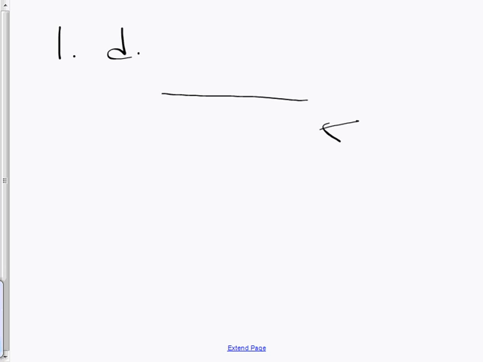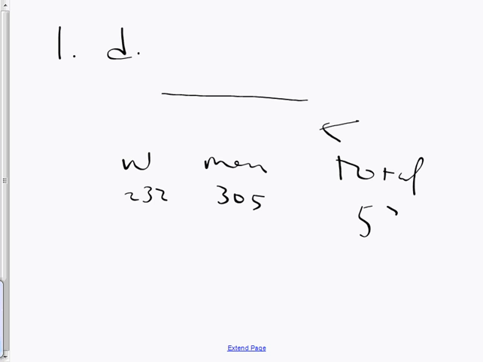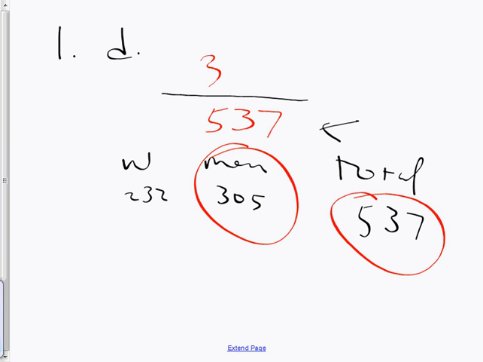So where is that one? High school graduate. And you read across, and the numbers there are women 232, men 305, and total 537. So that's the one we want, where high school graduate is their highest level. If I'm allowed to pick from anybody in that category, then that's the total. So that's what's on the bottom. What's on the top is what you want to get. We want to get a man. Now, how many are there that are men? That one. There's how to do 1D, as in donkey.